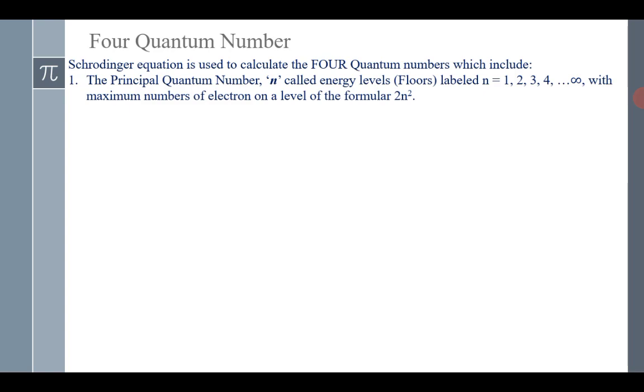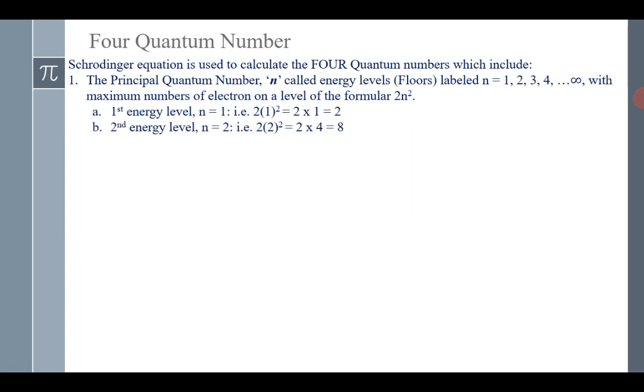Every other one falls on this principal quantum number, because this one shows which floor or which shell a particular electron can be found at a particular time. Now, the number of electrons that can be found at each energy level is not the same, but they follow the formula 2n raised to power 2. It means the first energy level can only take a maximum of 2 times 1 raised to power 2. That's 2 times 1, which is 2. So first energy level can take a maximum of 2 electrons.